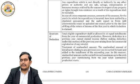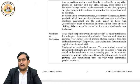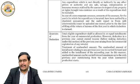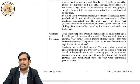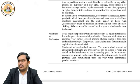Okay, let's continue with the discussion. Now, if you are a corporate assessee, a company assessee, then obviously you will have an audit, right? As per the Companies Act, you will submit the audit report. But what about a non-corporate assessee? For them, audit is not compulsory. So under this section, the audit is made compulsory. If they really want to get the deduction under 35E, then for them, audit has to be done. Who should do it? A chartered accountant should do it, and then submit the report under form